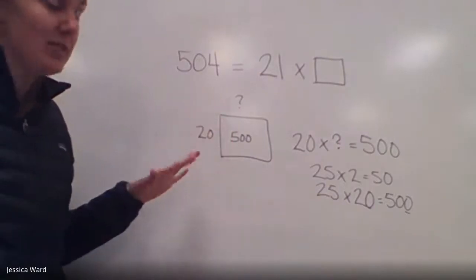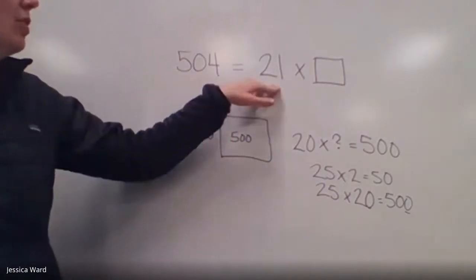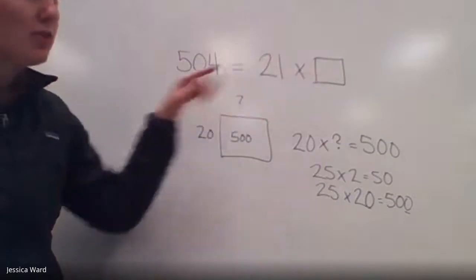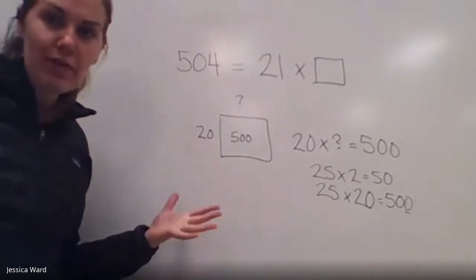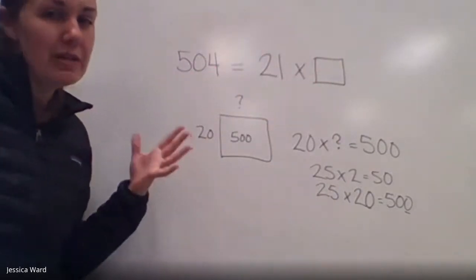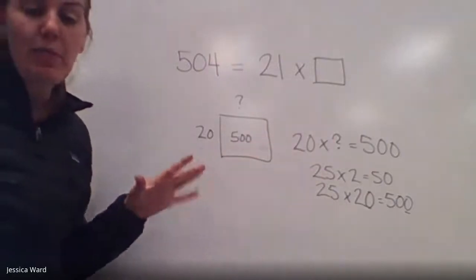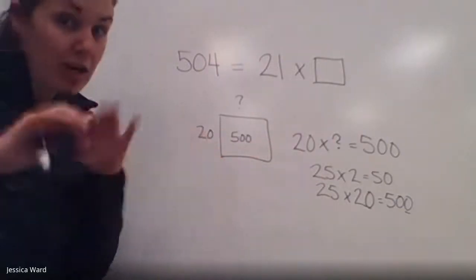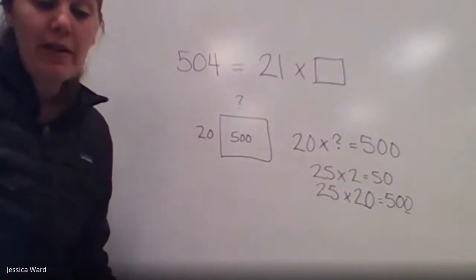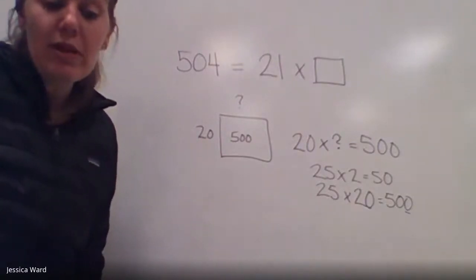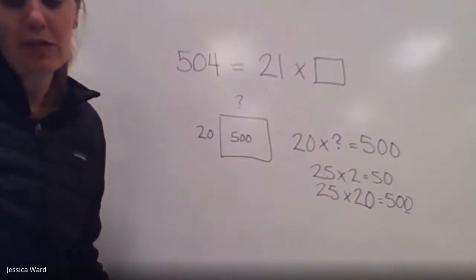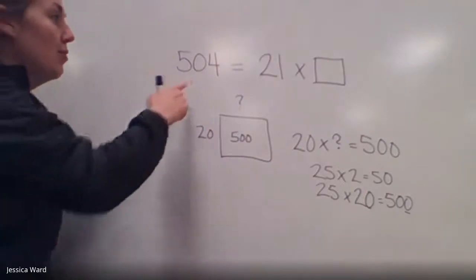So 25 is going to get us pretty close. So 21 times somewhere around 25 will get us 504. Okay, we don't know exactly if it's 25 yet, but we are a lot closer. We're not just shooting blind here, right? Okay, the second model, it says use their inverse relationship between multiplication and division. So again, we're thinking